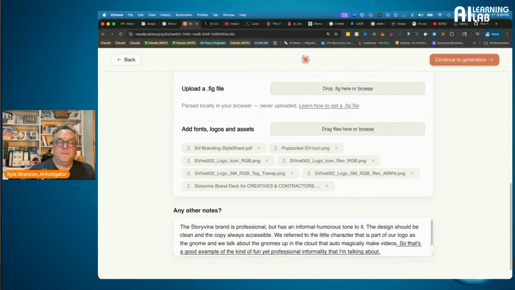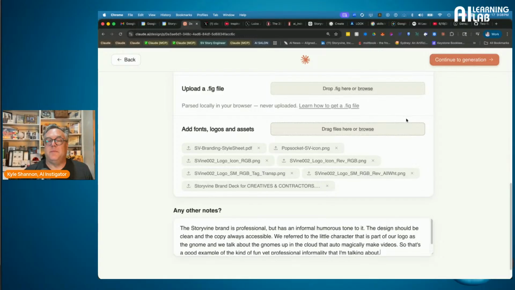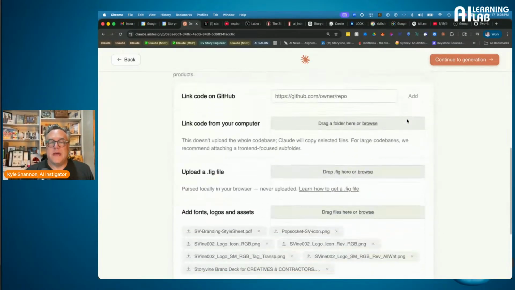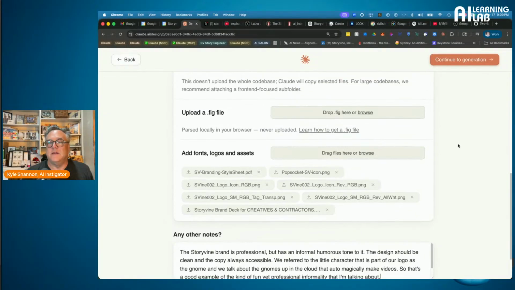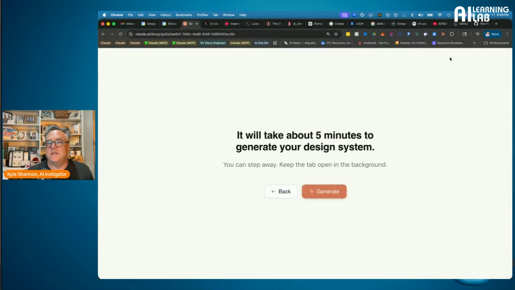Okay, I don't know if that's any good, but at least it has our logos, it has our brand style sheet, it's got some description of the company and our brand. So continue to generation. It will take about 5 minutes to generate your design system. You can step away, keep the tab in the background. Okay, cool. So we'll let that do its thing. Let's go back to